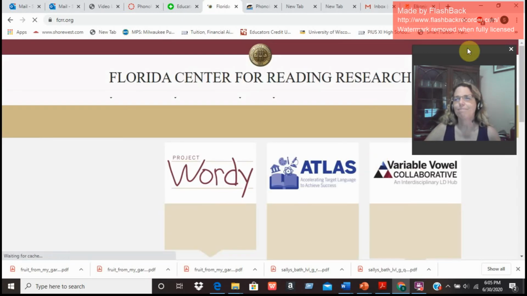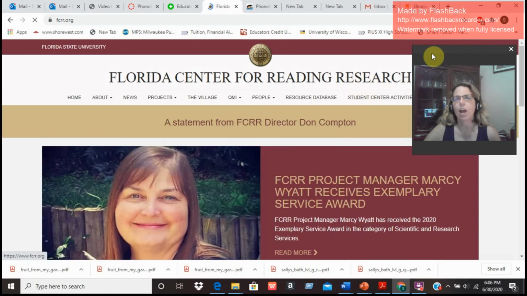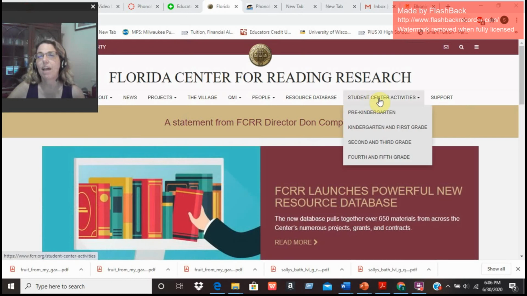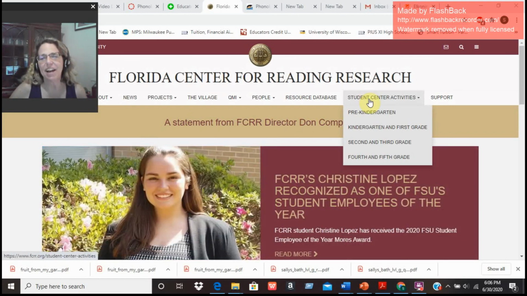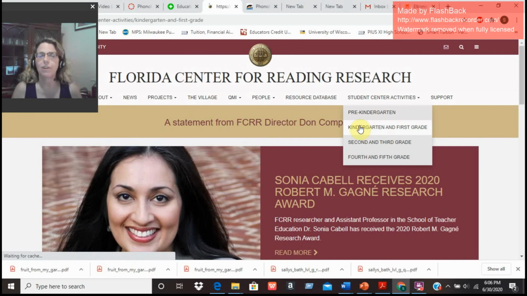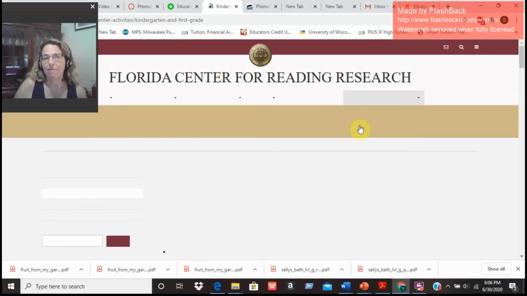When you get there, along the top, it is loading very slowly. It's going to have, I'm going to move you again, sorry, my friends, student center activities. So you can decide what level of student center activities you would like. Because we're talking phonological awareness, it's usually finished by the beginning of 2nd grade. So I would focus in on kindergarten, 1st grade student center activities. So if I click on it and it loads,